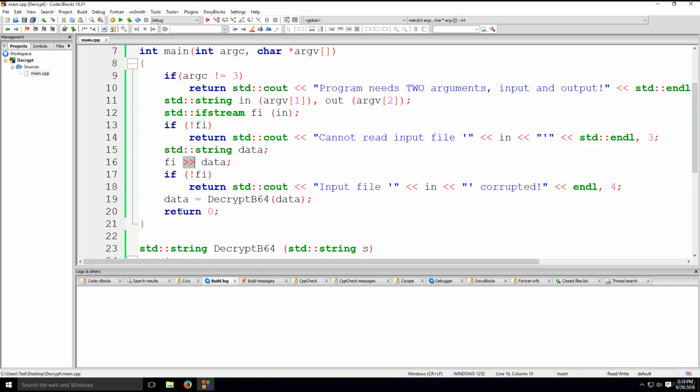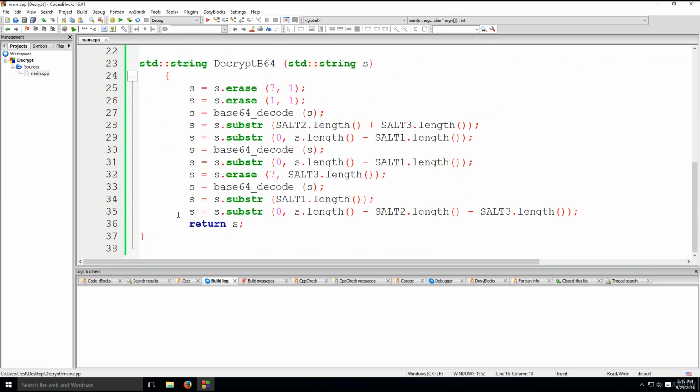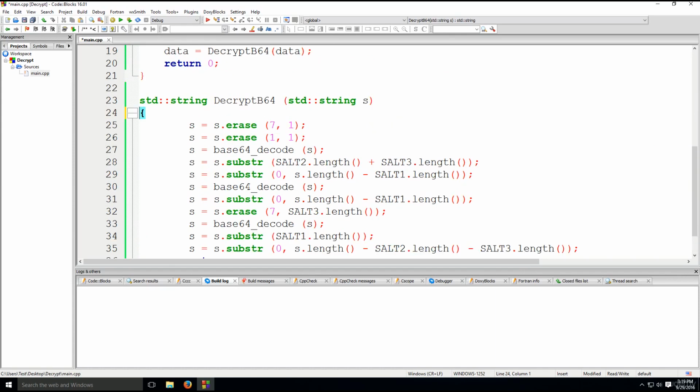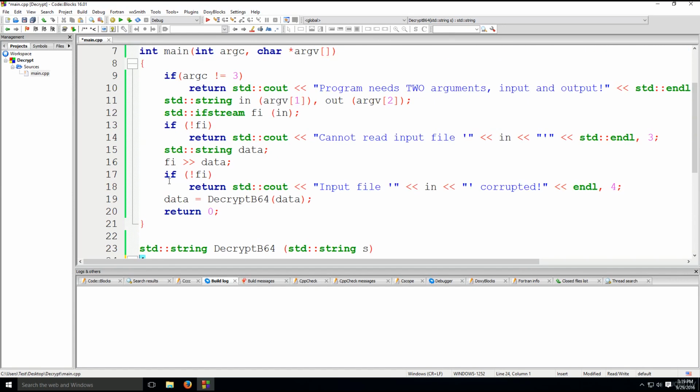Okay, so there isn't much more left. So we have the decrypt function. Let me just go ahead and format this a little bit. There we go. We have the decrypt function here, and this part might be a little bit strange to you